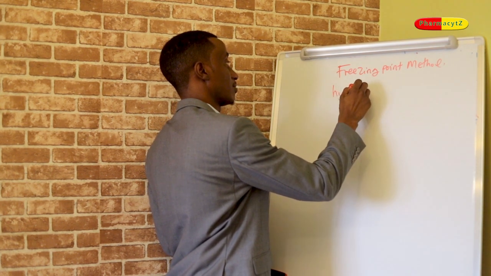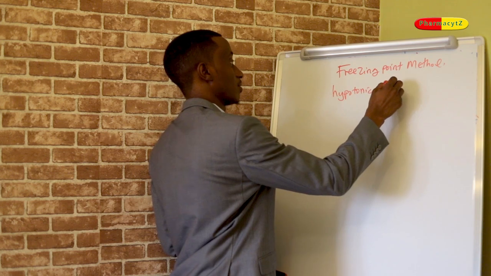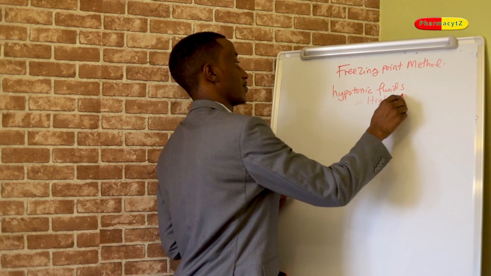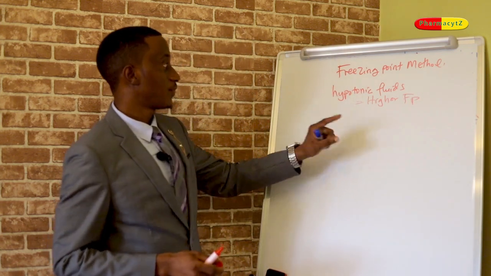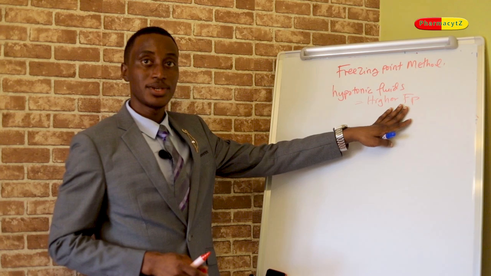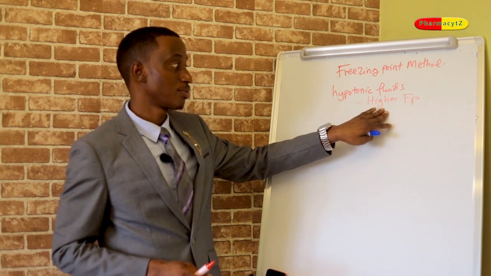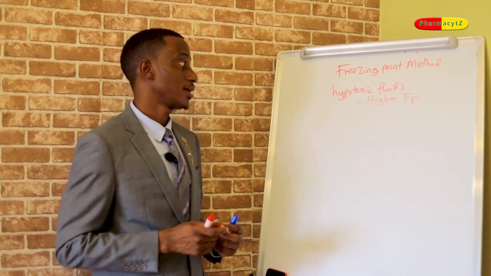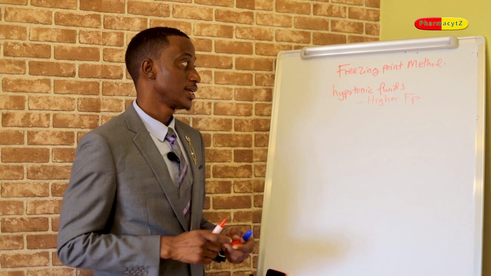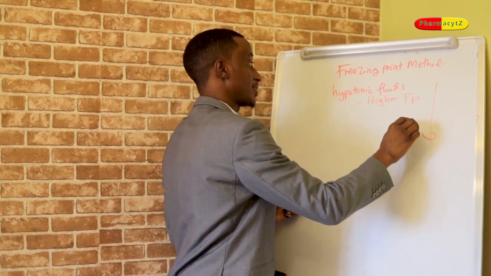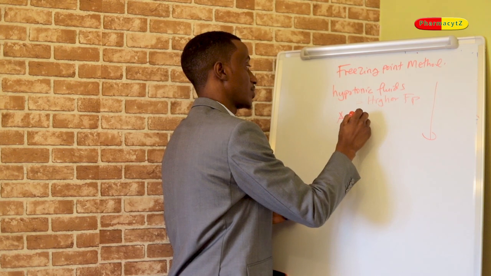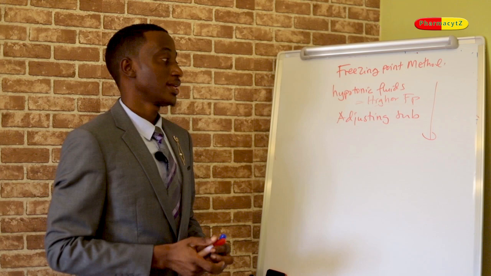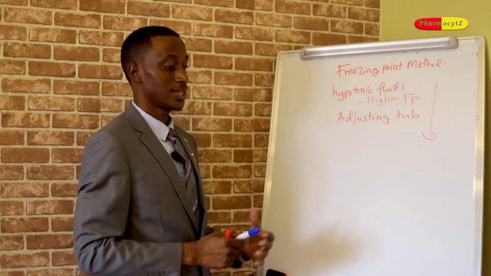Hypotonic fluids have got higher freezing point. If hypotonic fluids have got higher freezing points, that means if we drop or we decrease the freezing point, automatically we shall be tampering with the tonicity of the fluid. That is to say, if we have a substance to add, an adjusting substance, which will drop the freezing point, then we shall have adjusted the isotonic